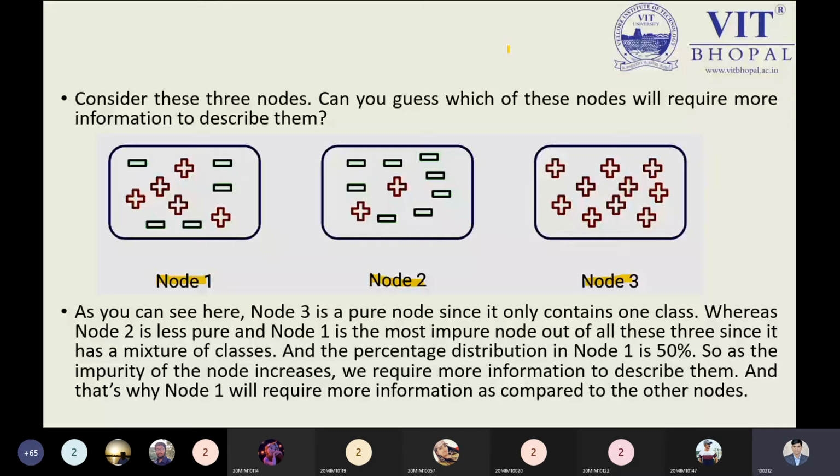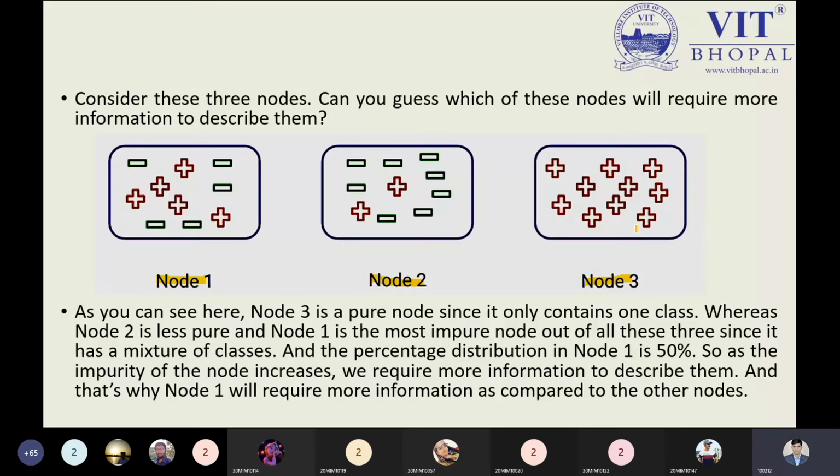You can see node 3 basically is pure, because all data are positive. It contains all the data of one class only. The positive or negative means we're talking about one class. But node 1 and node 2 are representing mixed data. It means there is some chance we can have impure data. So node 2 is less pure, and node 1 is the most impure node out of these three nodes. Which one is a pure node? We can say node 3, and then node 2 is okay, we have some data, but node 1 has more impure data.